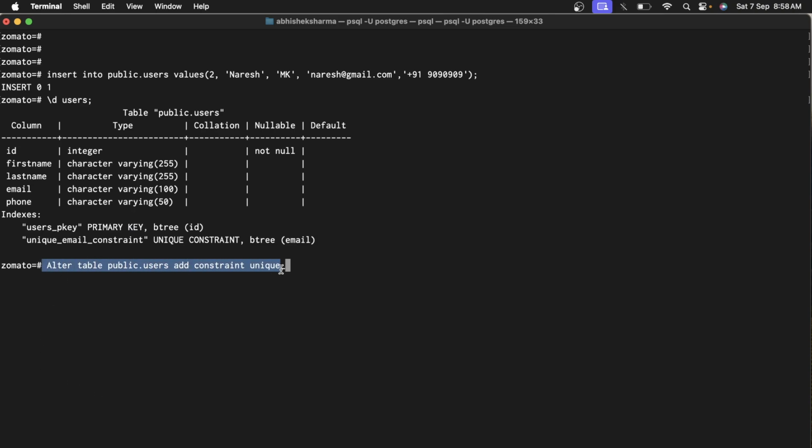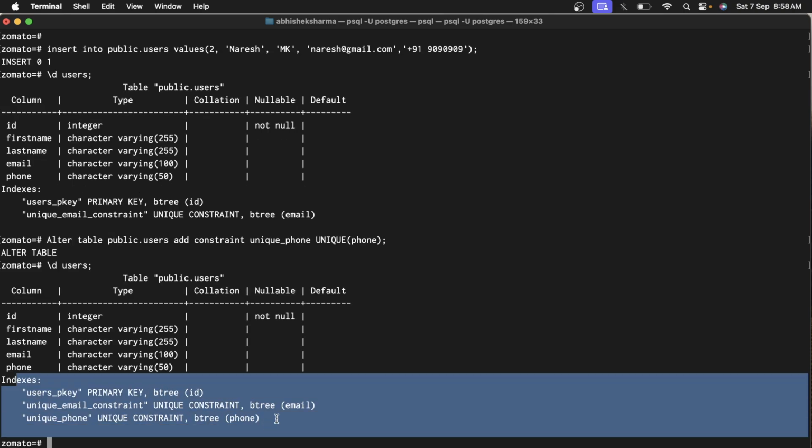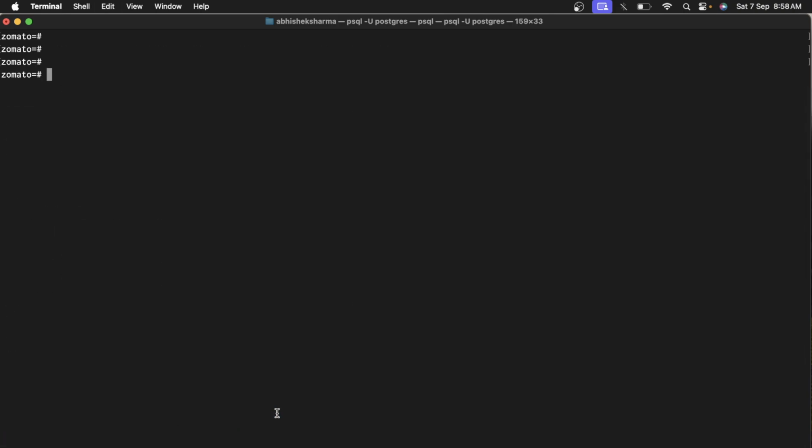Alter table public user, add constraint unique phone. I'll use unique and then phone. Cool, so the table has been altered. Now there are 3 constraints, right? 3 indexes over here. Cool. So this is the one thing. But right now, also, if I try to select data from